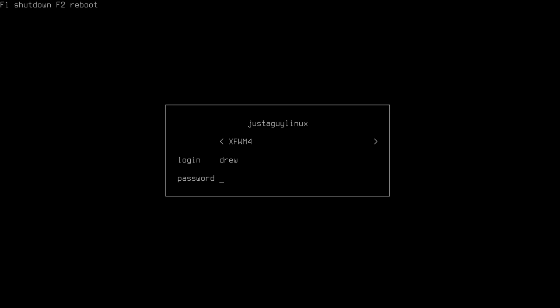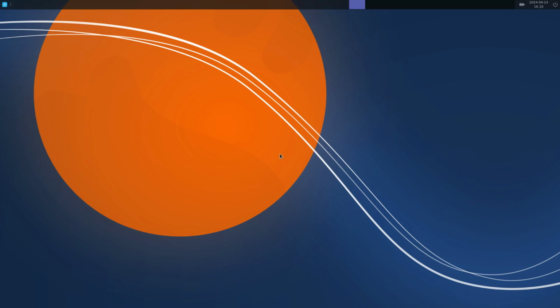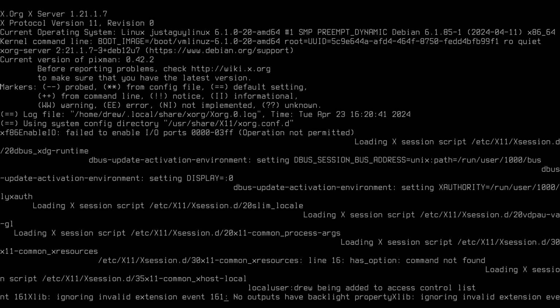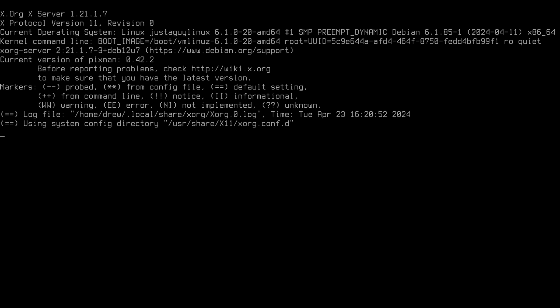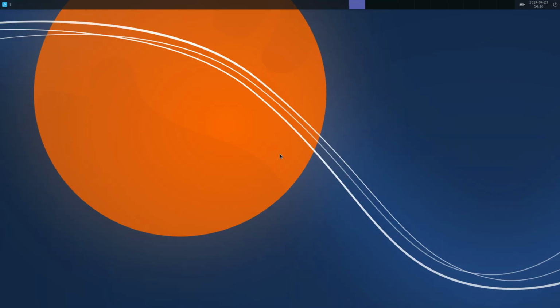Oh, okay, it worked. So let me just log back in so that I can get it twice in a row. All right, if I hit Super X and then log out, it does exactly what I think it's going to do. Oh, this is great. This basically means I don't have to install any type of XFCE4 session manager,